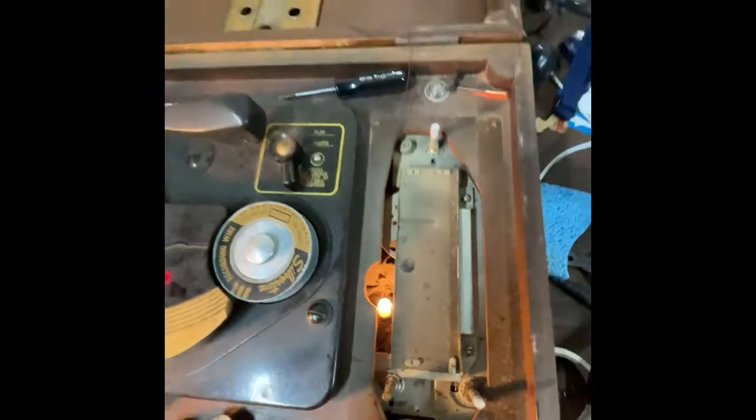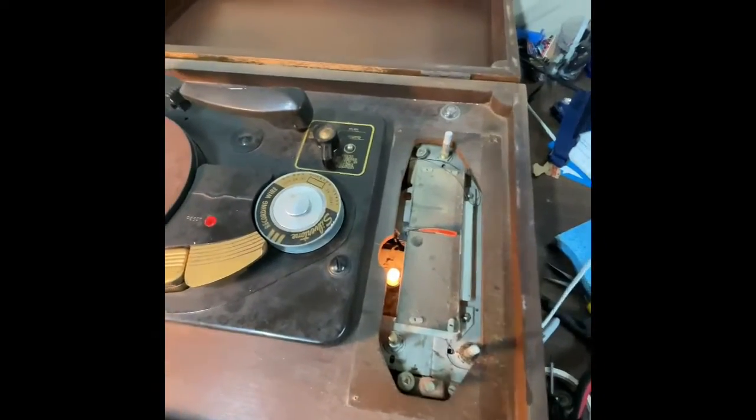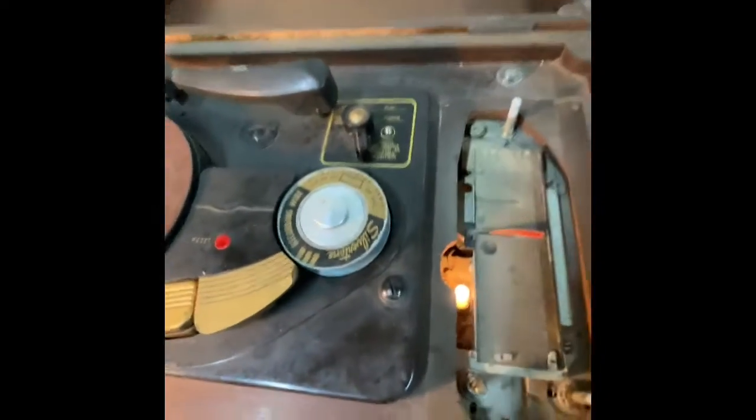There we go. Oh, my lights started working again. Well, there we go. It works. Ha! Well, I did some tuning on the radio and messed around a little bit more. And now